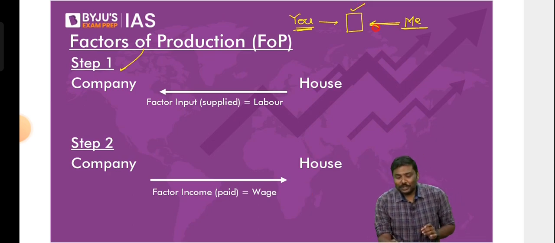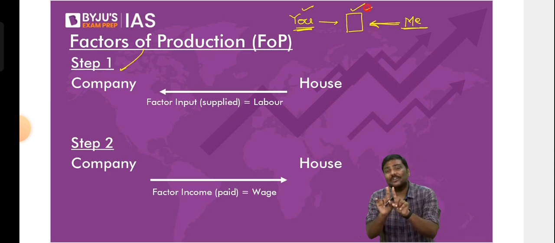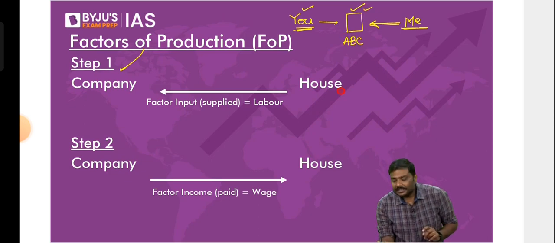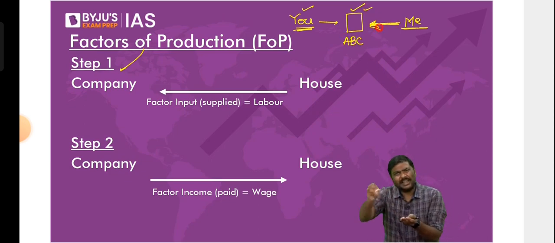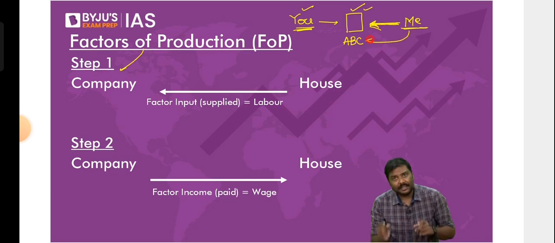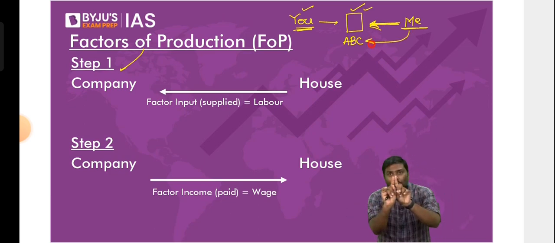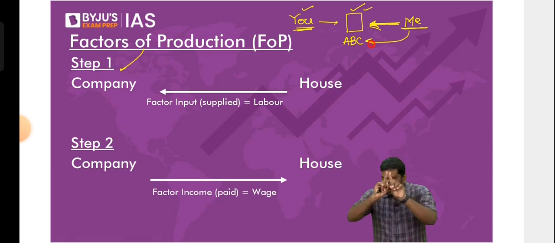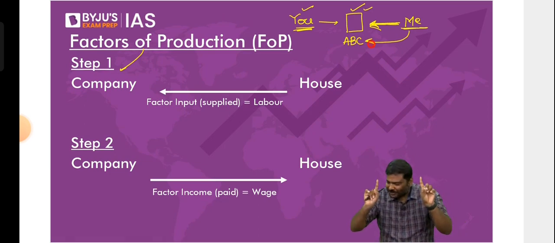So please understand this. You and the company are two different entities. That's the first point you need to take away from here. You start a company by the name of ABC. The company hires me. You might have appointed me, you might have taken my interview, but I'm an employee of the company. Please be very careful. Owner and the company are two different entities altogether.